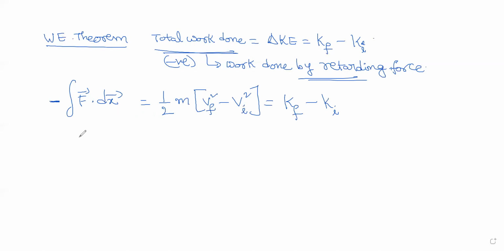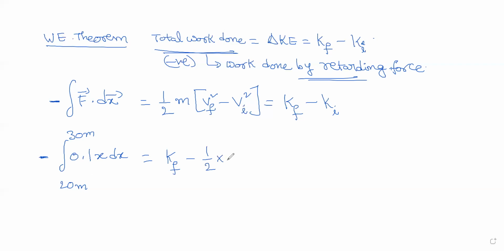Now we'll substitute the things. So it is negative of 0.1 x dx, right? That's it. 0.1 x is what they have given. And the force is applied from 20 meters to 30 meters. See the question, okay? That is equal to the final kinetic energy minus initial kinetic energy.